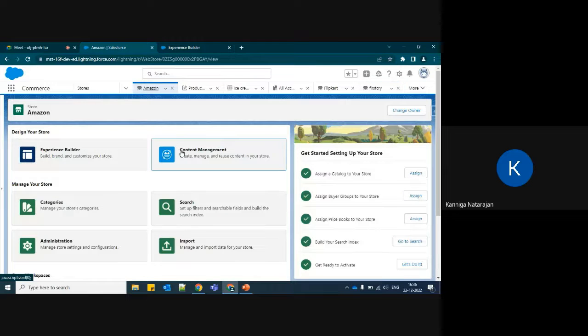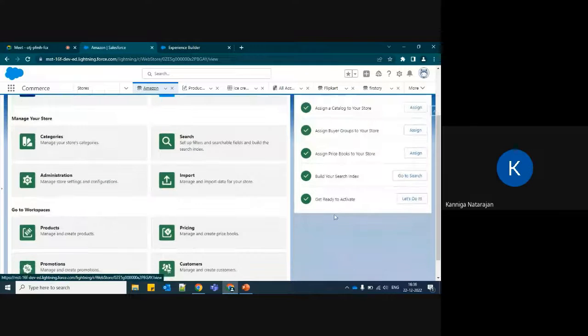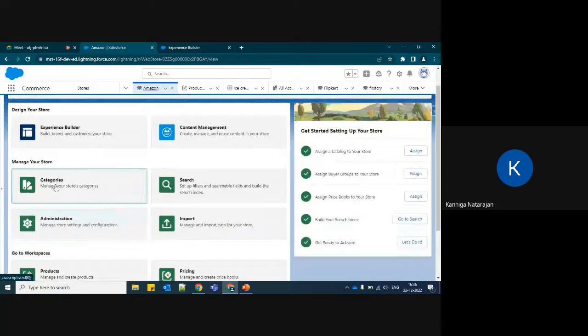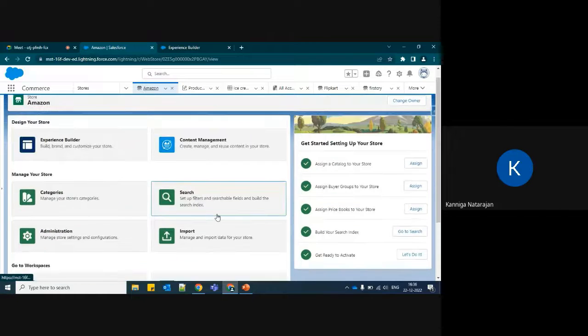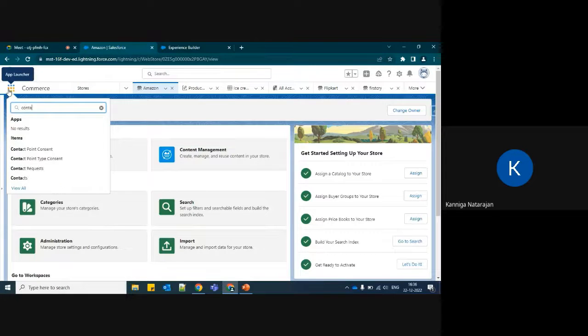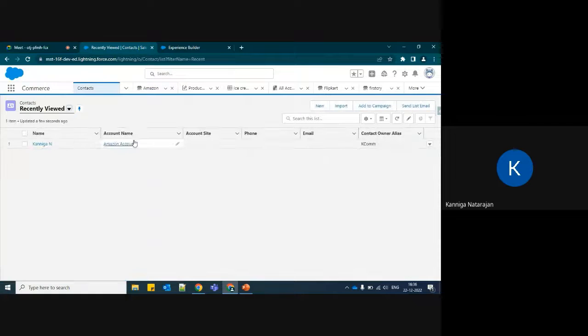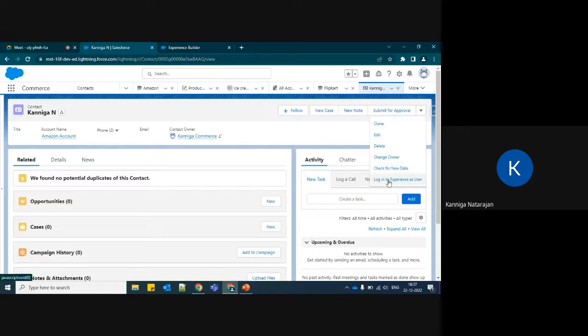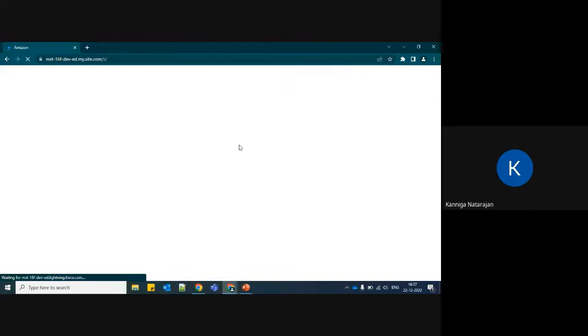Then from their contact, you can directly log into the experience site and start purchasing. I did all the configurations of Apex classes, checkout flows, and everything, and I created the site. You can see that I assigned everything and I activated the store. The store has all the categories and everything, and I completed the search index too. I will show you how my storefront looks. Here I have a contact. I made this contact an experience user, so I directly log into my experience site. This is taking me to